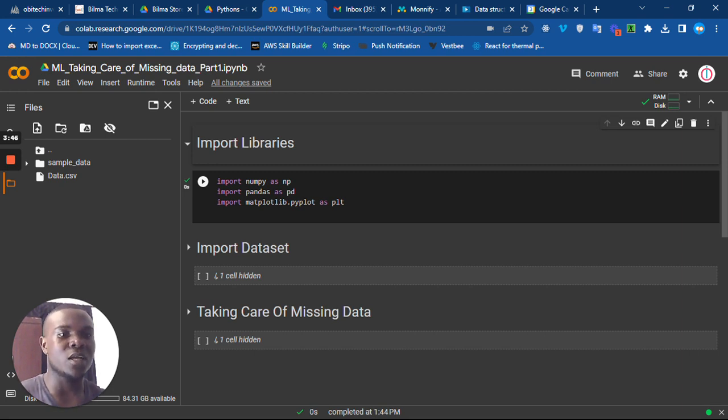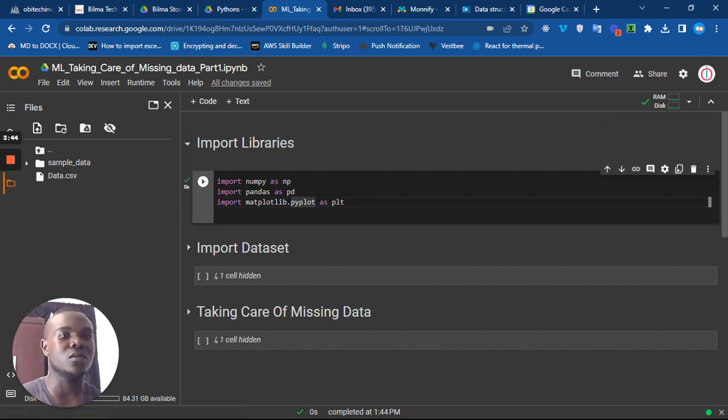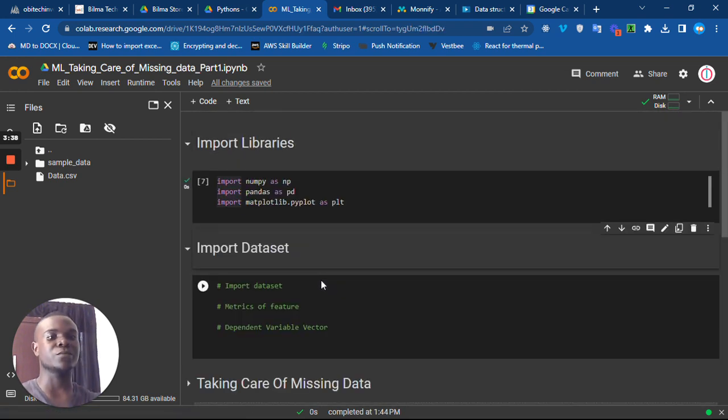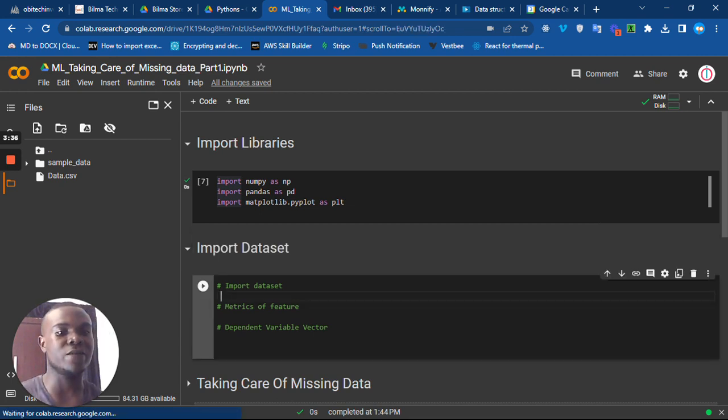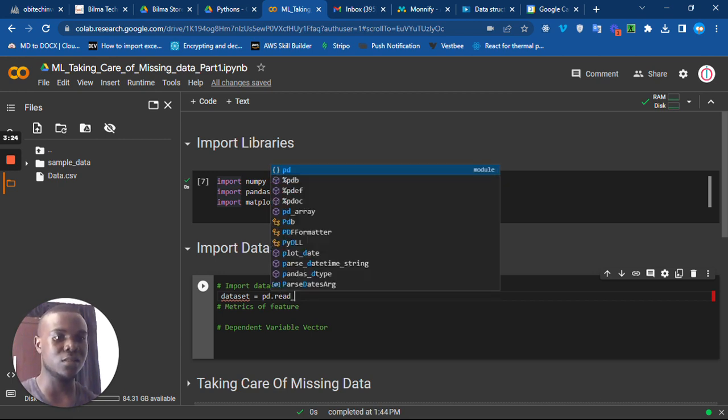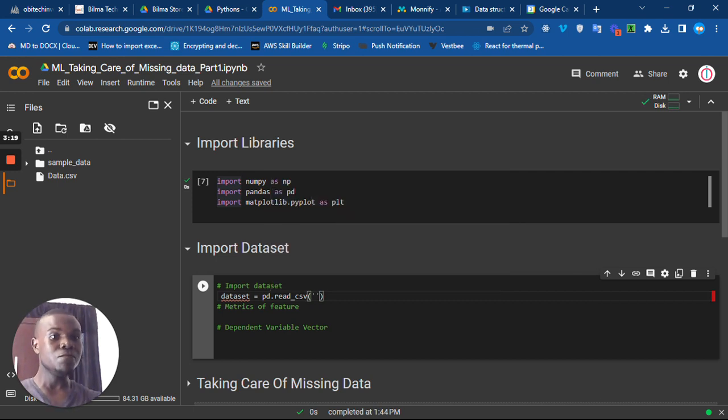So as you can see, I've already pre-imported the libraries. So let's go straight up and start importing a file. First we're going to import a data file: dataset equals, we are going to use the pandas library, called pd as abbreviated, dot read_csv, parentheses, the name of the file,